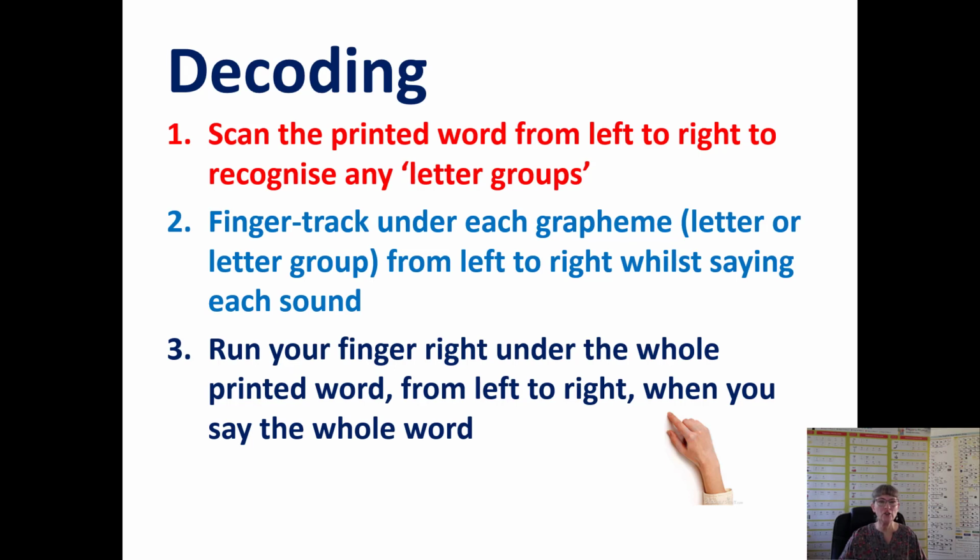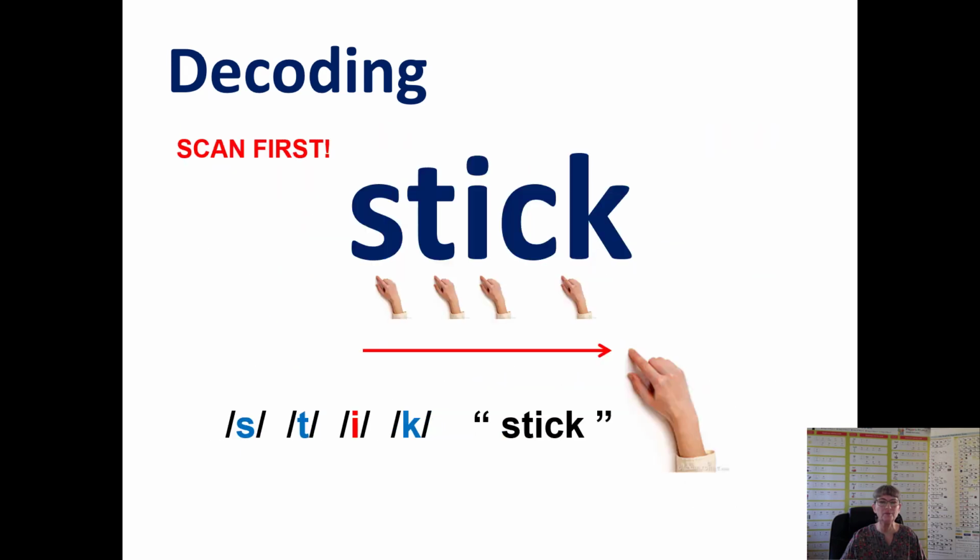This is a detail of how we do the decoding. Before we start to sound out and blend, we need to look at the printed word to see if we recognise any letter groups. That's why we teach letters and letter groups on flashcards, to get children to be able to recognise those letter groups. So you finger track under each grapheme, letter or letter group, from left to right while saying the sound, and then run your finger right under the whole printed word from left to right when you say the whole word. So you look at it first, you recognise the CK together as K, and you go st, ick,